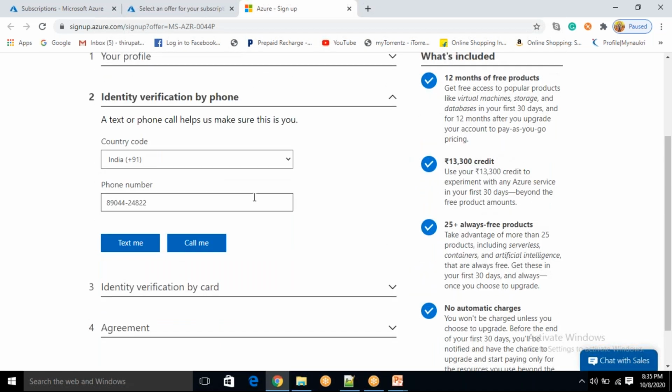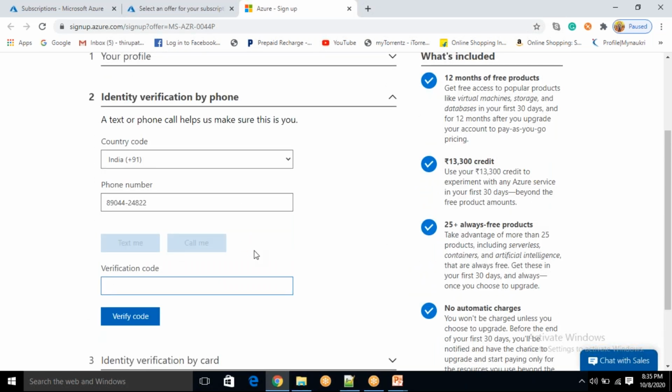So it is going to call. Okay, I am going to say call me. I got a call now. You can see. Your code is 3097.